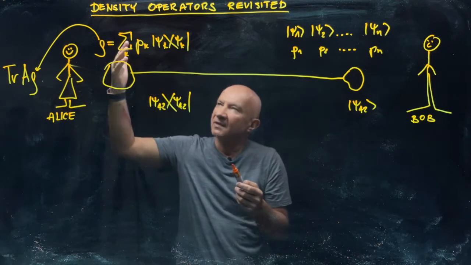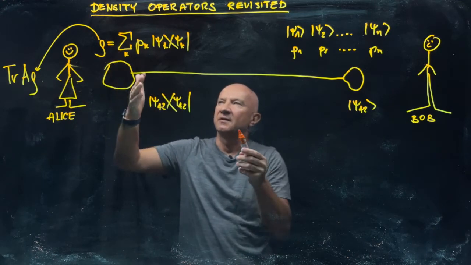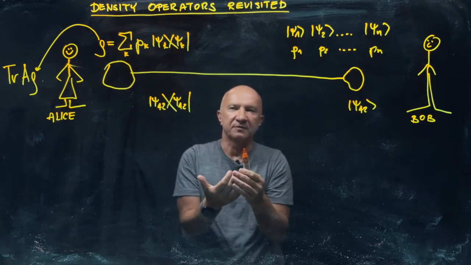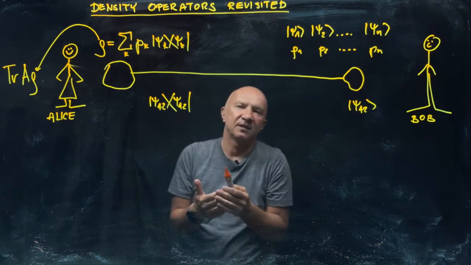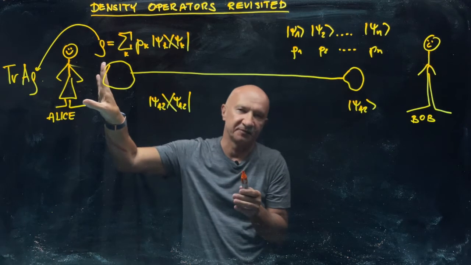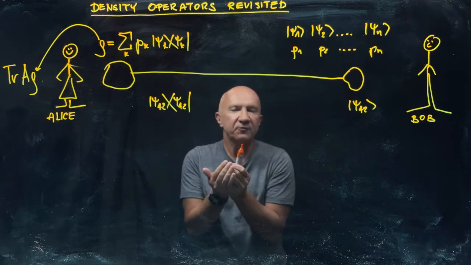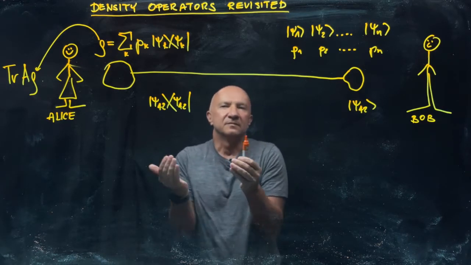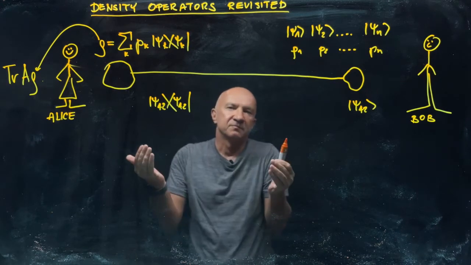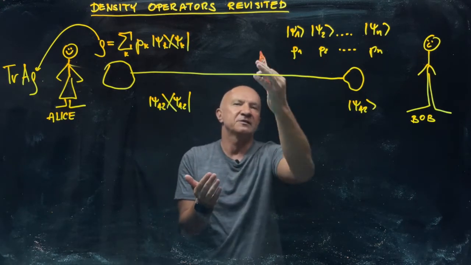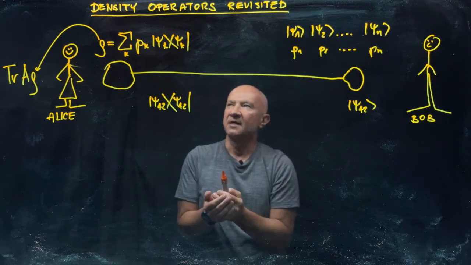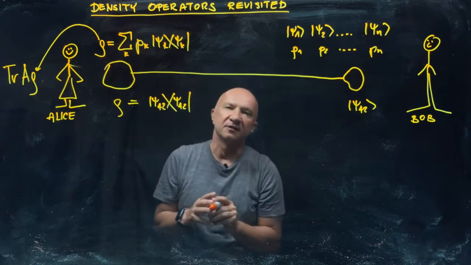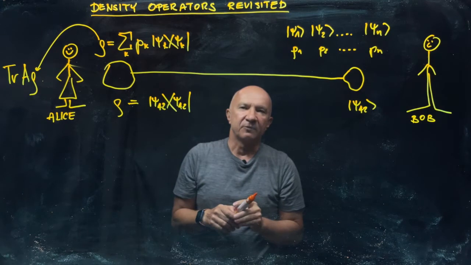She makes sort of perhaps lousy statistical predictions using this density operator that reflects her lack of knowledge about the preparation. It may be psi42, but that can only happen with a certain probability as far as she's concerned, right? So the real factual situation is that she has state psi42, but not knowing about it, she just quantifies her knowledge on the basis of what she knows about Bob's state preparation. So therefore, it is not this density operator, but this density operator that she's going to use for her statistical